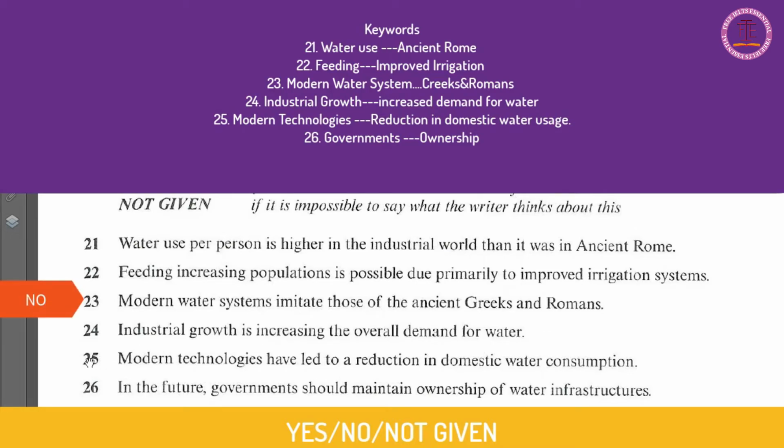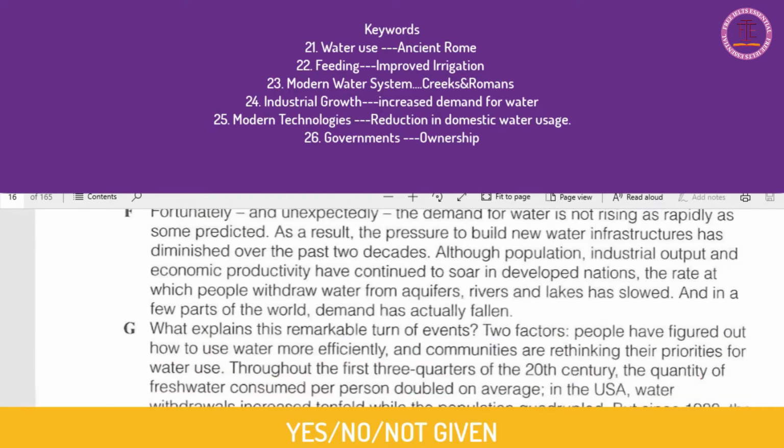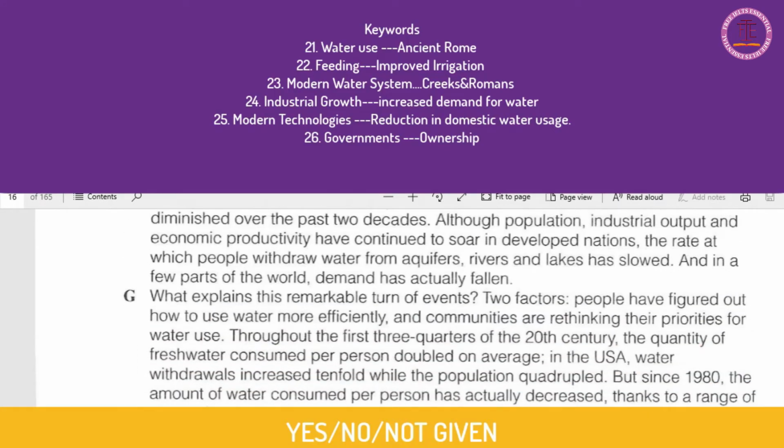Let's talk about 25. Question number: modern technologies have led to reduction in the domestic water consumption. Okay, let's keep on scanning ahead to see whether we'll be in a position to find something. Okay, fine. What explains this remarkable turn of events? Two factors. People have figured out how to use water more efficiently, and communities are rethinking their priorities for water